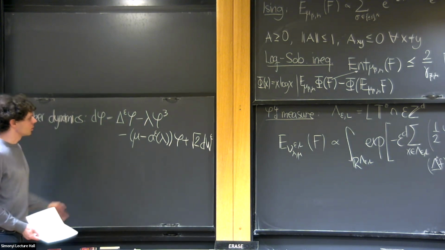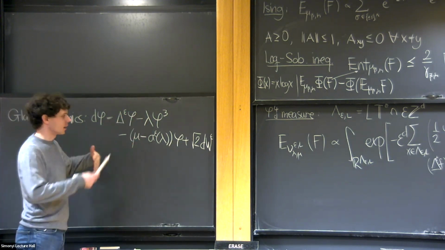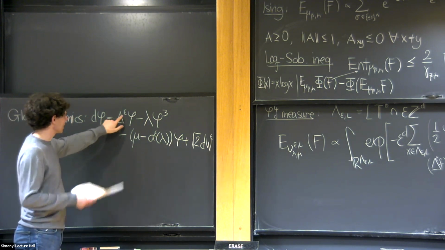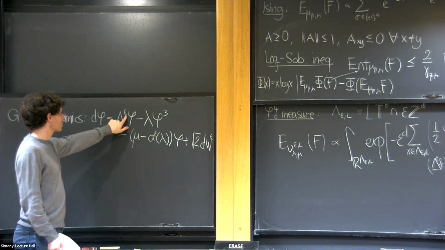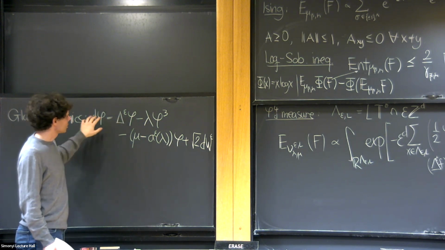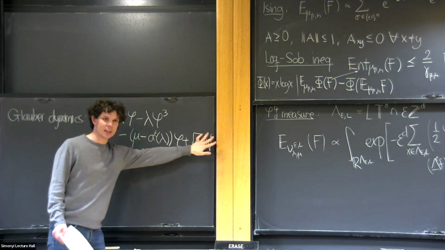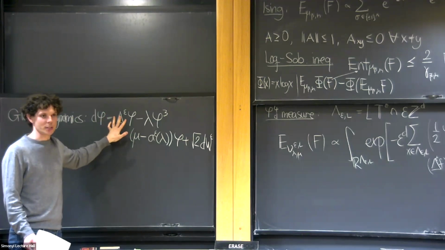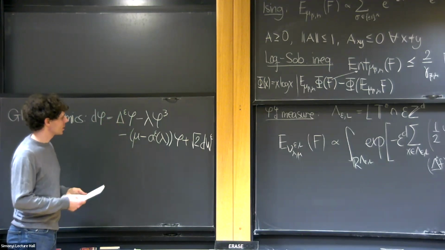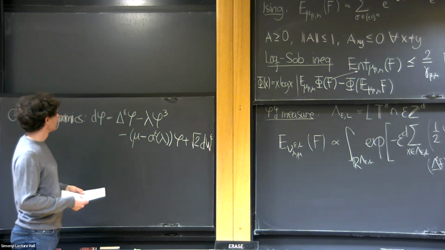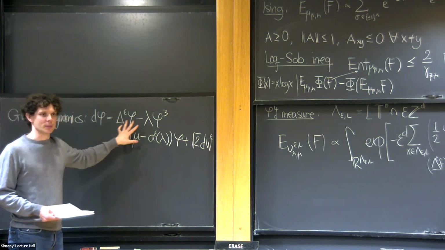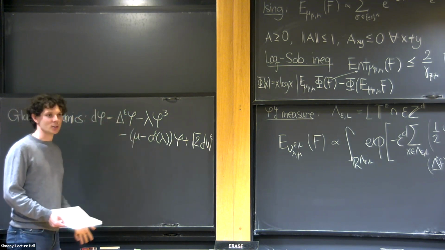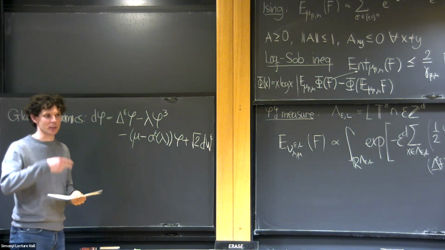So Hairer's theory and all the developments that followed, Gubinelli, Weber, etc., are concerned a lot with the fact that, pathwise, given the noise, we want to take the limit as epsilon goes to 0 of the solutions to these equations. What we're interested in is a little bit orthogonal to that. We're not really concerned with the pathwise limit of these equations. What we're interested in is the law of the solution and how it relaxes to its invariant measure.